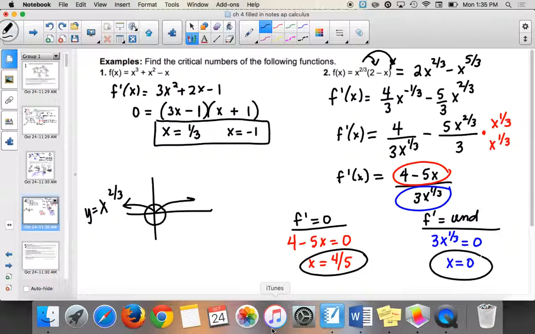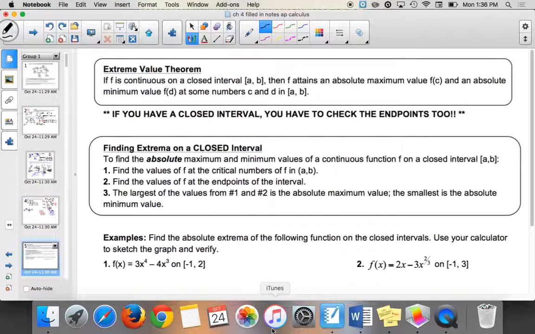All right. So extreme value theorem. Okay, so the extreme value theorem, usually if things have names, like theorems have names, they're pretty important. This is a pretty important theorem. So the extreme value theorem says that if you have a closed interval, so we have endpoints, then there has to be an absolute max and an absolute min, okay? So, for example, if I had y equals x squared, we said, oh no, there's not an absolute max. But what if I said I was on the interval -1 to 4? Then there would have to be an absolute max. Does that make sense? So we're talking about the endpoints as well. So it says if you have a closed interval, you have to check the endpoints as well.